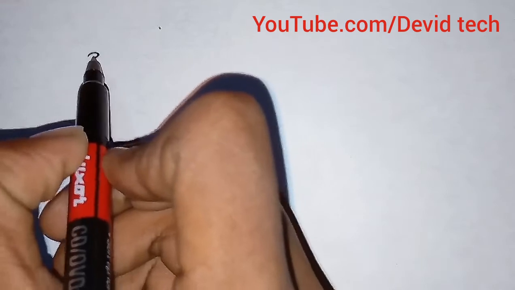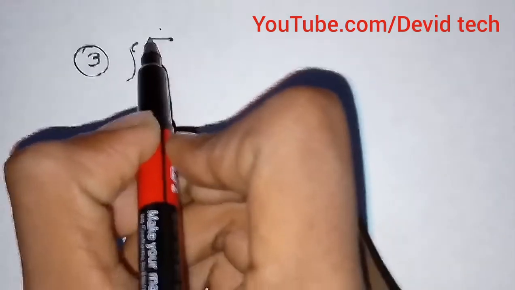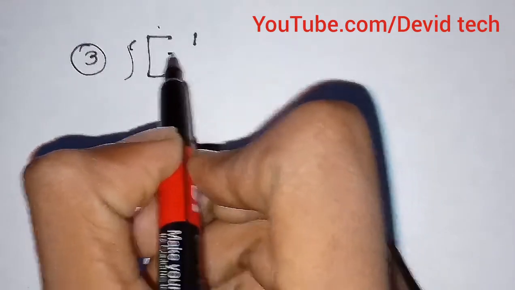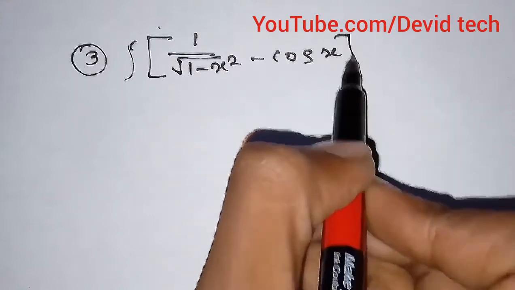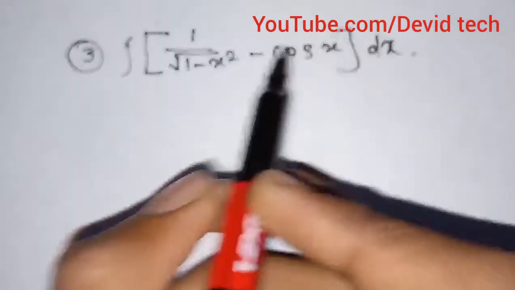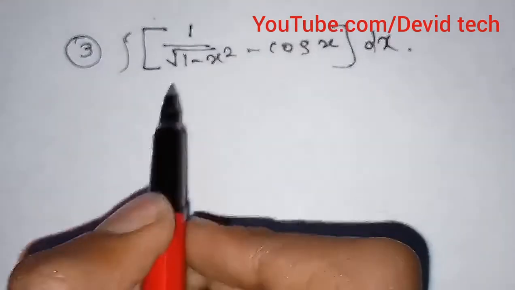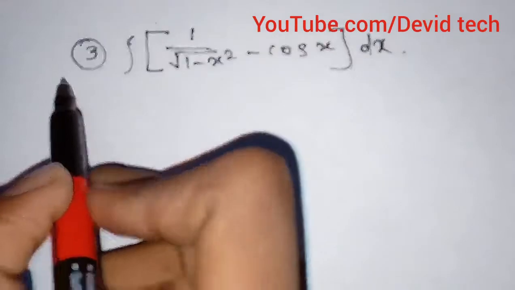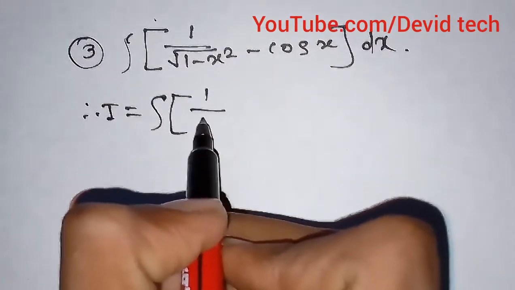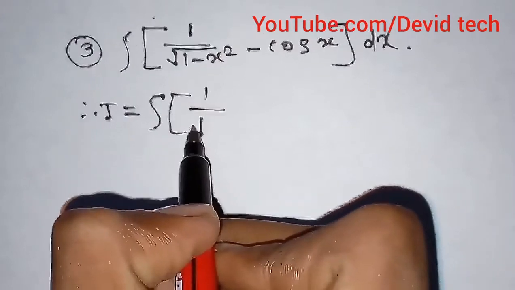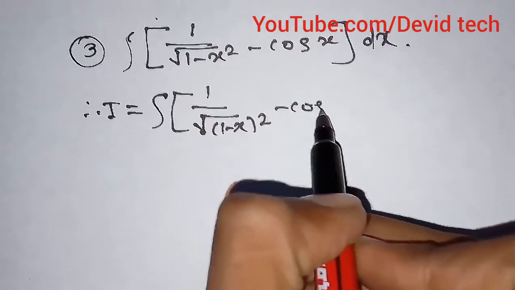Third example on simple integration. Integration of 1 divided by under root 1 minus x square minus cos x dx. It's very simple, but we have to know about the formula related to that integration. Therefore, taking I is equal to integration of 1 by under root 1 minus x square minus cos x